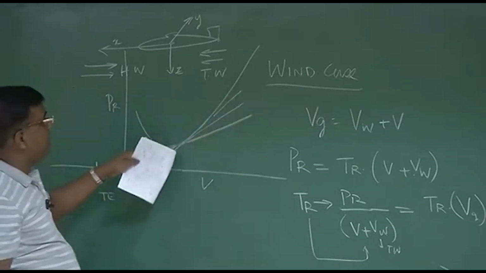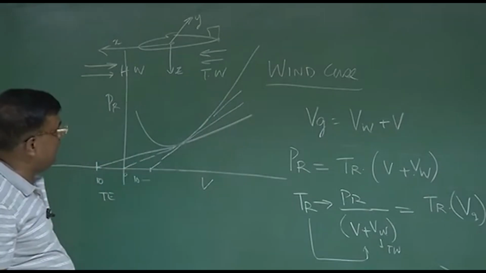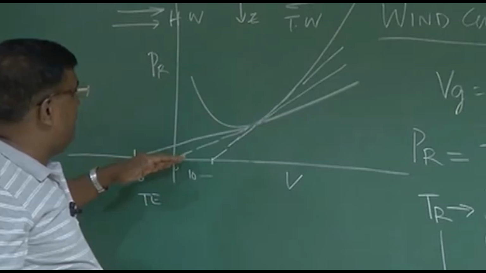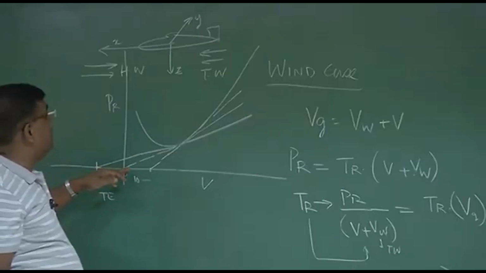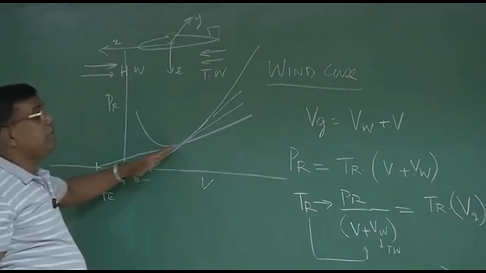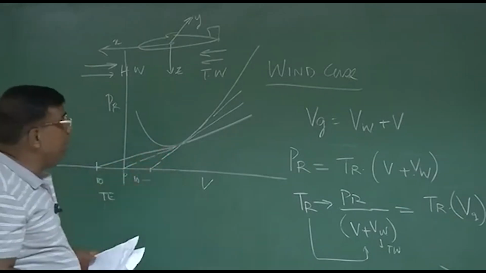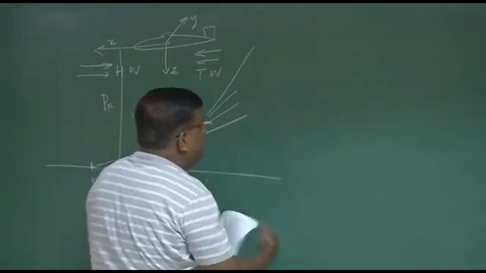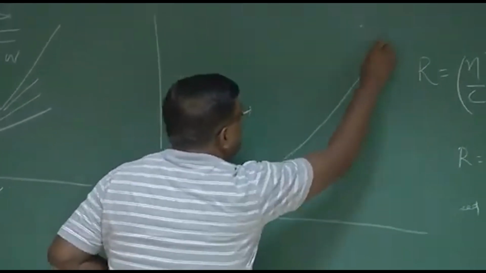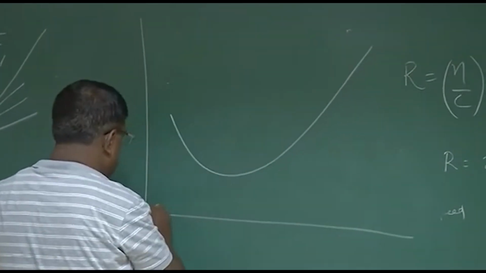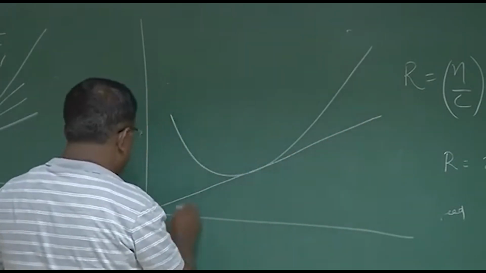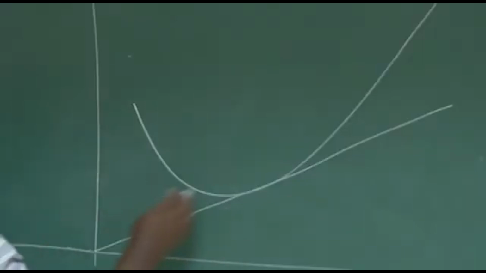Though it is indistinguishable in the scale of this diagram, but you can guess one thing, that as I am going off from no wind condition, the slope of this line is reducing. As I am going towards headwind, slope is increasing. Correct? What is the meaning of that? Let me draw a better diagram so that you understand. If it is like this, let's say this is your no wind, and let's say here actually